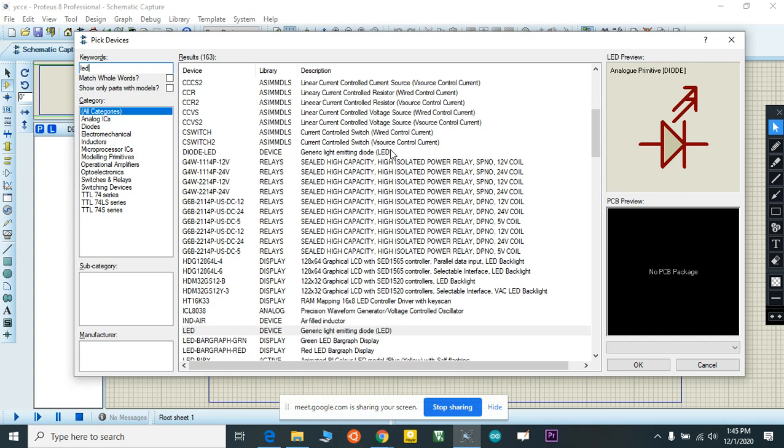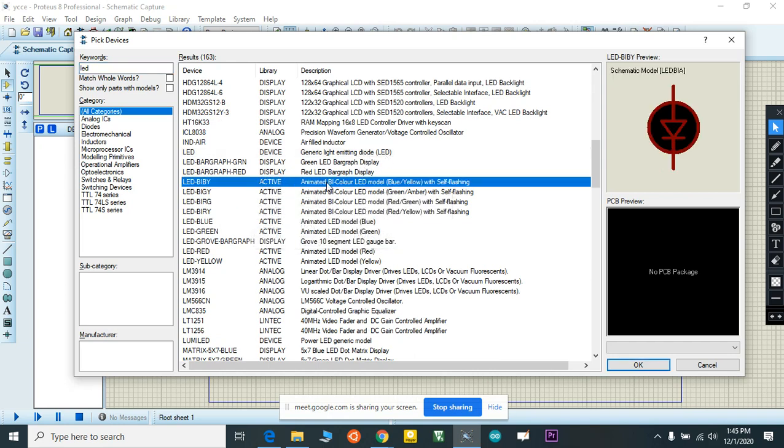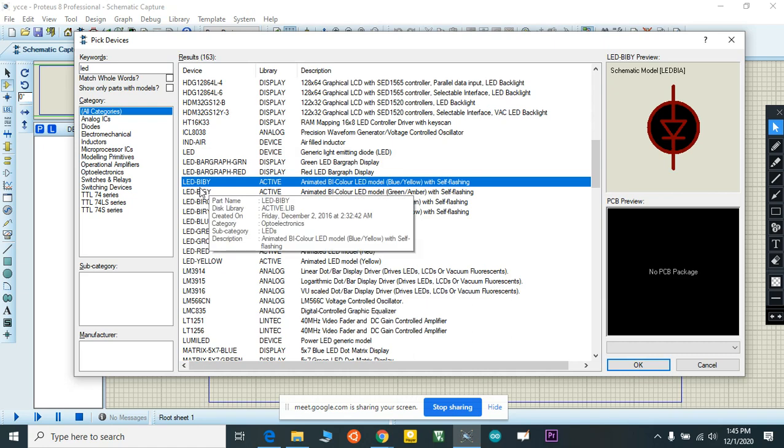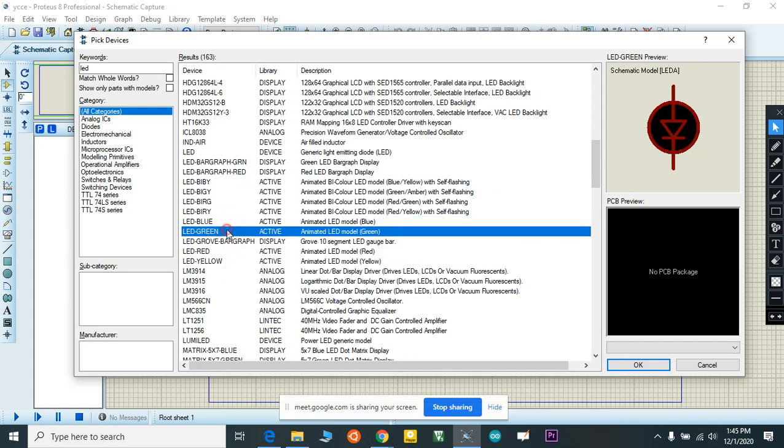What we need to do is select a general LED. Here you can see LED, light emitting diode, LED-BIRG. Y means yellow, G means green, blue, LED green, everything. Animated model. You can select these types because it's a normal LED we use. So I'm selecting just a green LED. Okay.